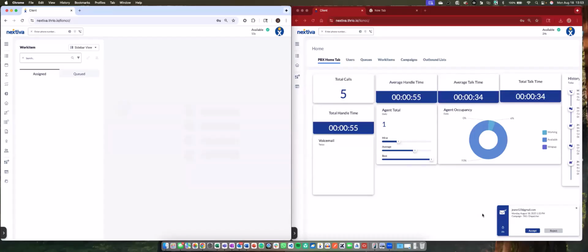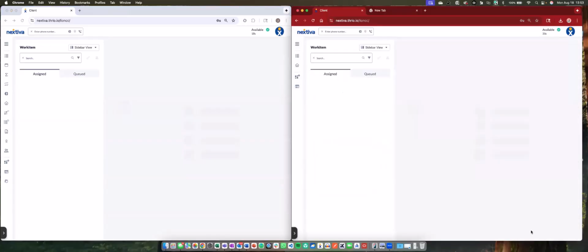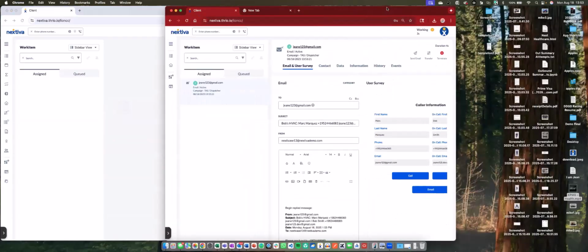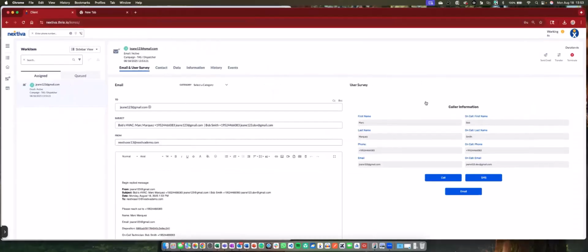Now, this email is going to give us a lot more information. We're going to see that it's a task dispatcher. And when I accept this call, and I'm going to make this one a little bigger in the middle because we're going to work a lot on this one right now, I'm going to see who the email address was. What was the caller information? We're going to see that this is the person that called in, the customer, the end customer, Mark Marquez.